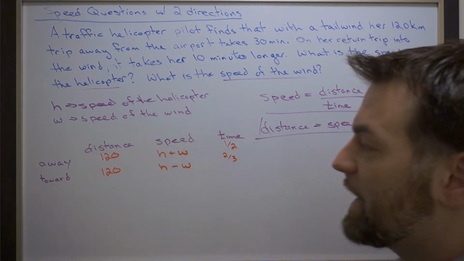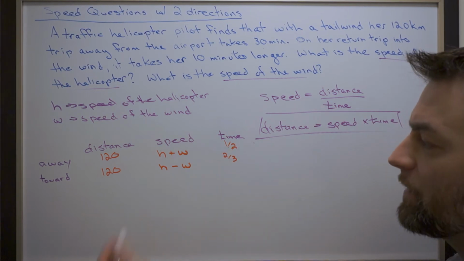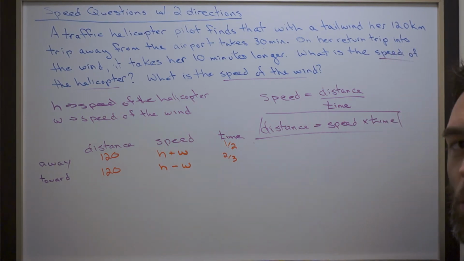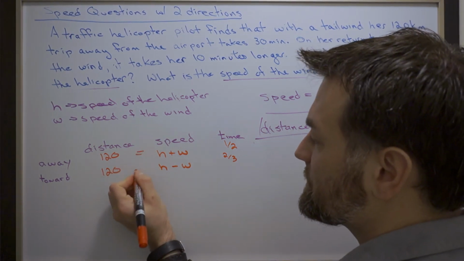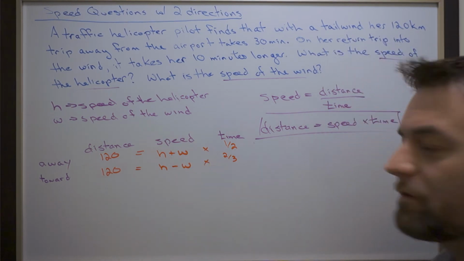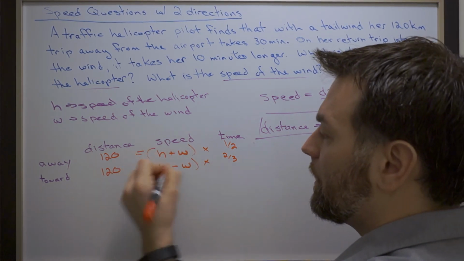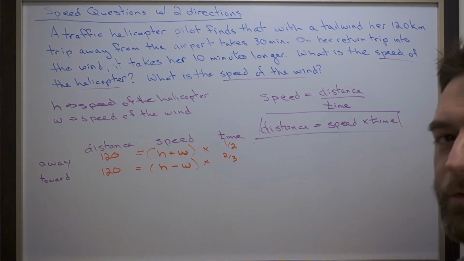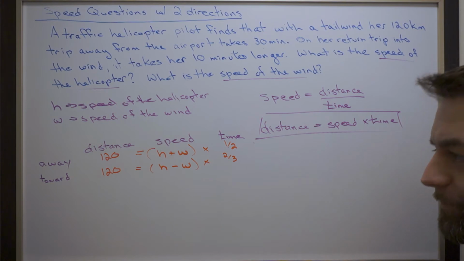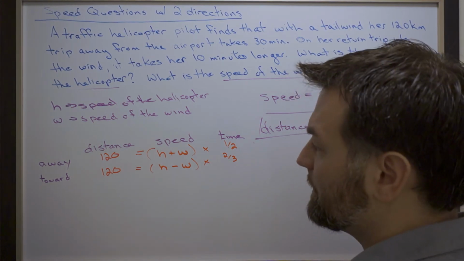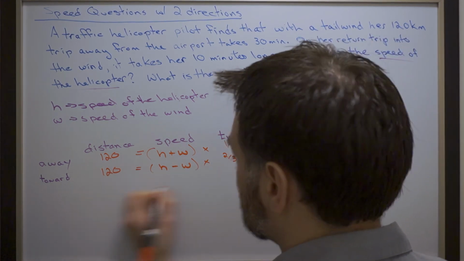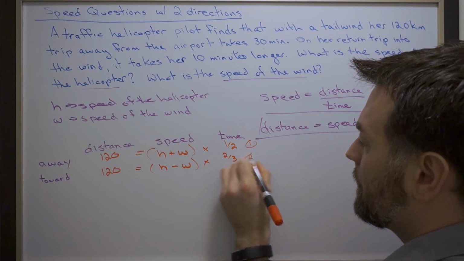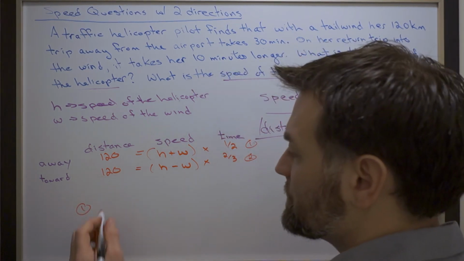So here we have our table filled in, half an hour, 2/3 of an hour, our two speeds, and our distances. We can now use this formula, distance equals speed times time. So distance equals speed times time to create two equations. We now have our two equations, and with a little bit of rearranging, we can easily solve these. So I'm going to rearrange these a little bit, and in the case of equation 1, or the away formula, it's going to rearrange to